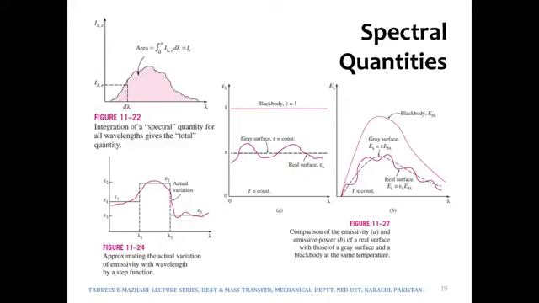And over here it shows approximating the actual variation of emissivity with wavelength by a step function. One important thing is that on the x-axis we have the wavelength, and on the y-axis we have the emissivity. It is a very important diagram, and I have brought it for a particular purpose. In fact, this diagram is telling us that this particular body, whatever that object is, has